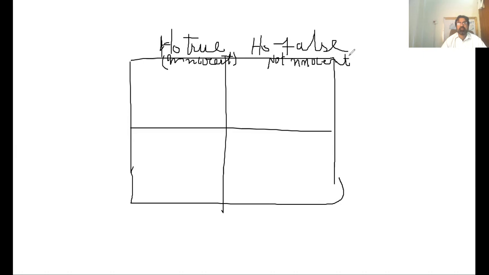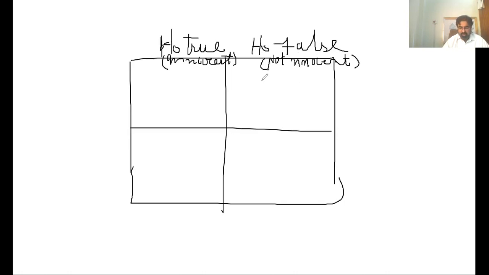Not innocent means this person has committed a mistake. The null hypothesis was wrong, but still you spare it. You accepted it. Either way, if you rejected, it means you are accepting the false hypothesis. If you are accepting a person with a sin, and that person is not innocent, then you are committing a blunder.